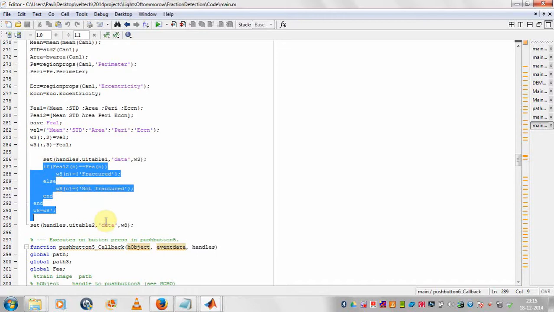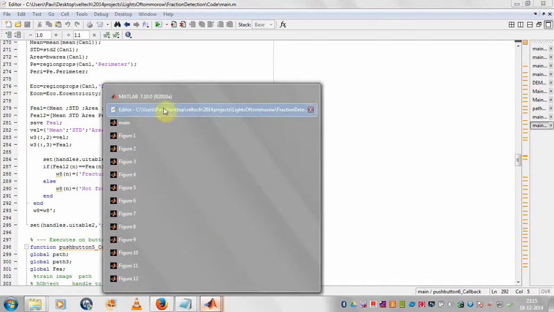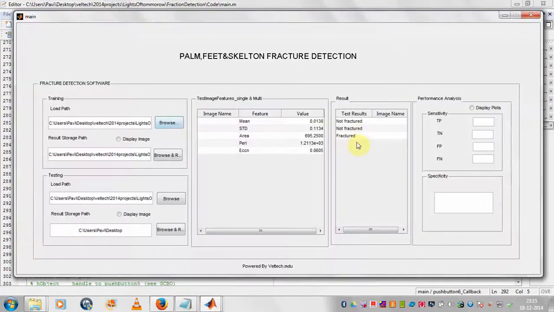This is the part where the classifier will work, the fuzzy which I mentioned earlier. This is the training set feature, and this is the testing set feature. It keeps rolling, comparing with every feature set, and displays the result of fracture or non-fracture in the window.